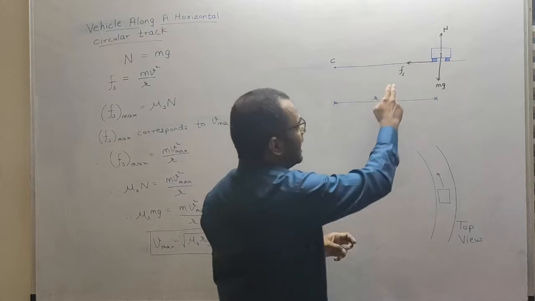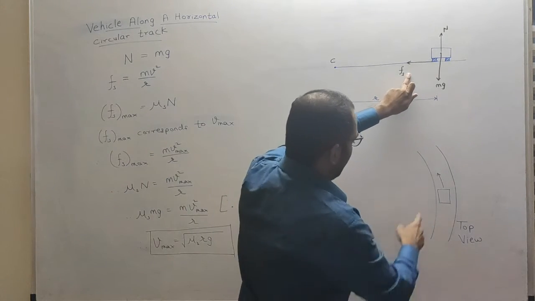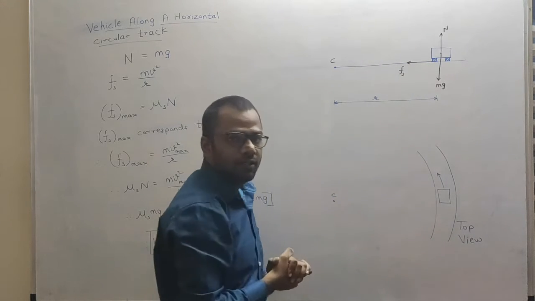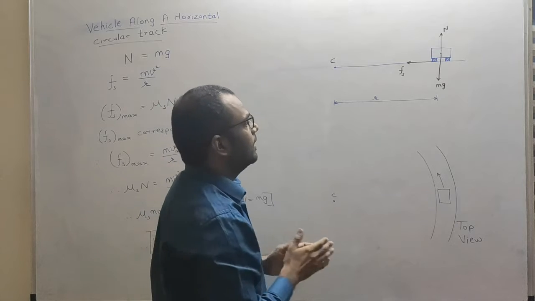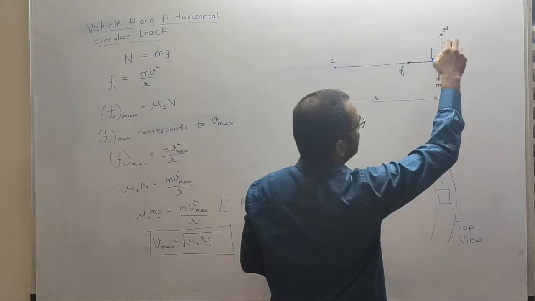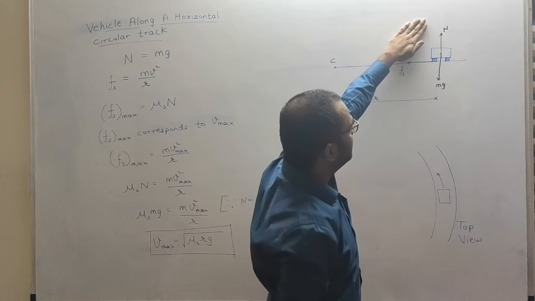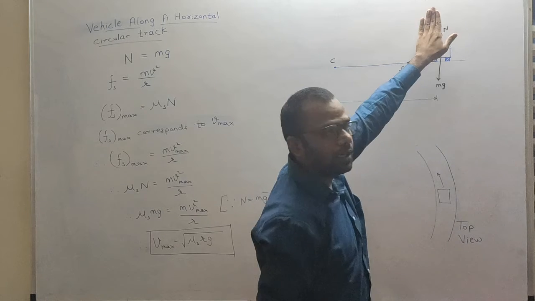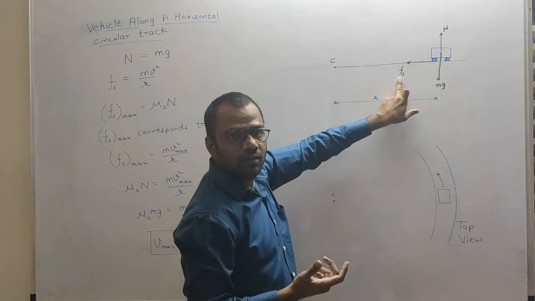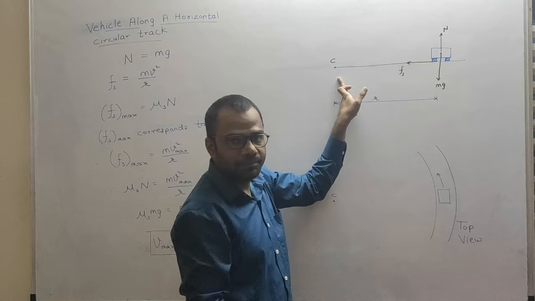Now this will be a static force of friction. This force will act towards the center, as I have shown. Fs will denote the static force of friction. Fine. Now let's talk about the forces acting on the vehicle. Mg will act on the vehicle in the downward direction starting from its center of mass. The normal reaction by the road on the vehicle will be in the upward direction. As we have mentioned, the frictional force will be towards the center of that circular track.